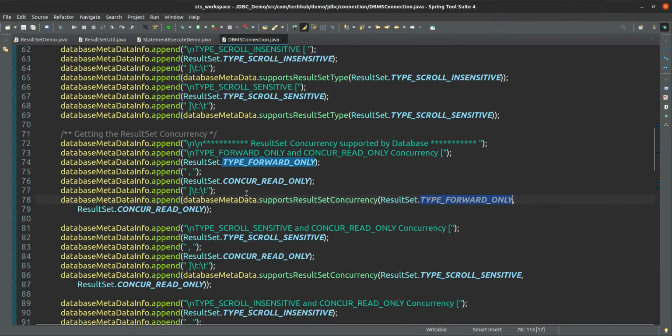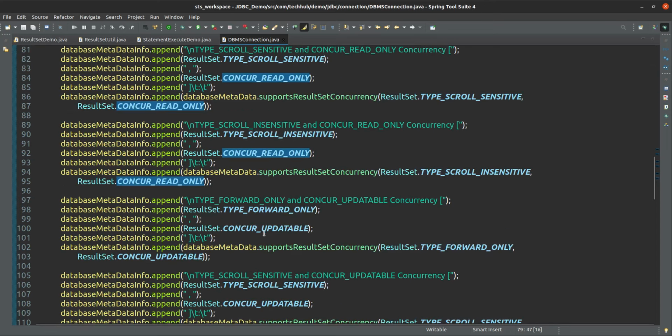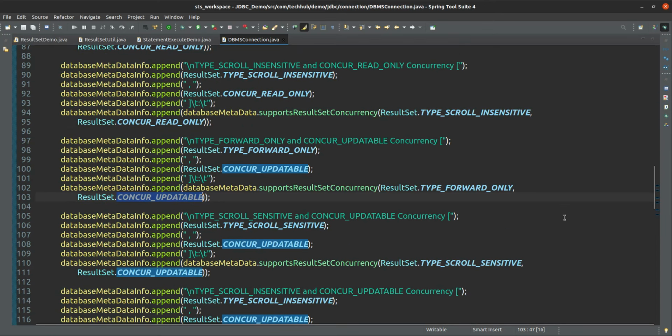So here, concurrent read only and concurrent updatable, both you have to pass at once.